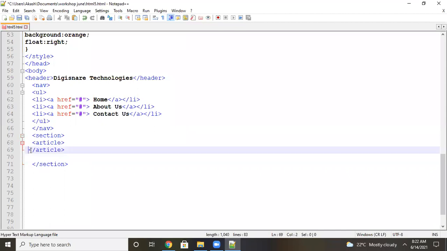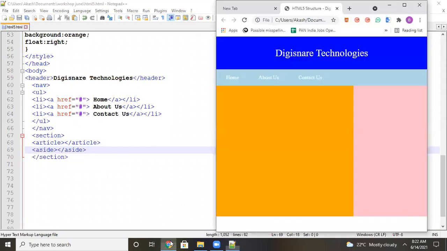Okay, better, if I apply the aside tag, then you get a clear idea here. Now see, it has come to the right side of the section. Means I have divided the section tag into different parts, one on the left and another on the right. I divided one as 65% and one as 30%, and the 5% in between comes as spacing.